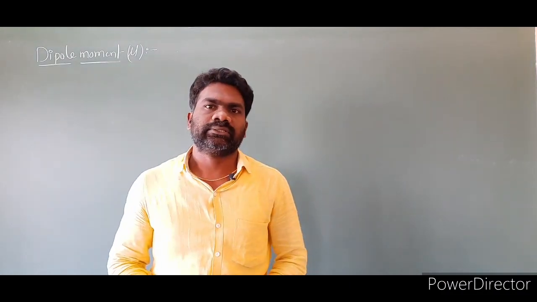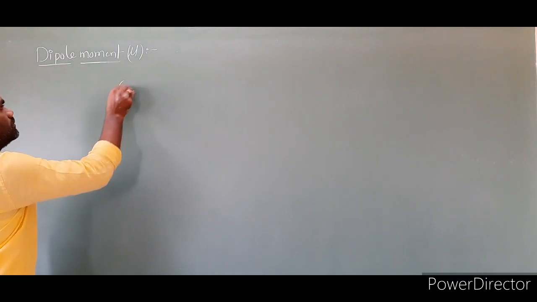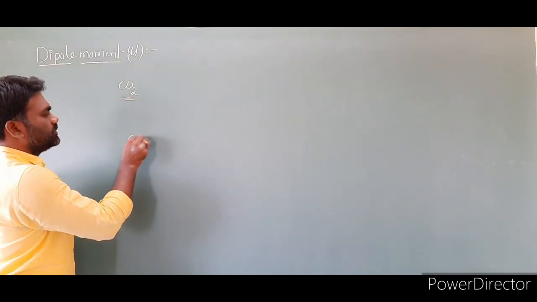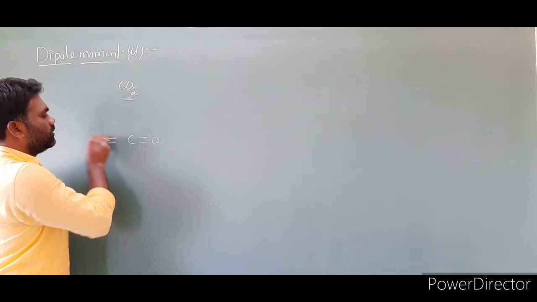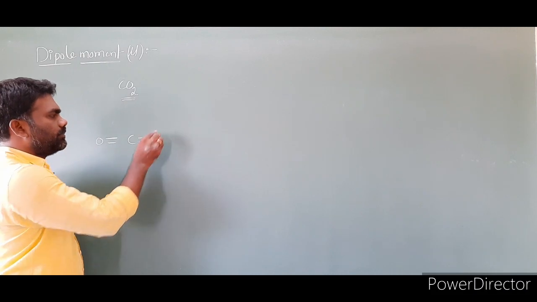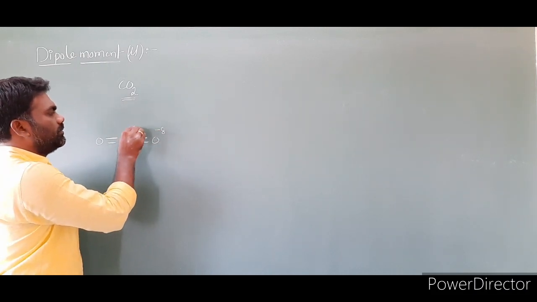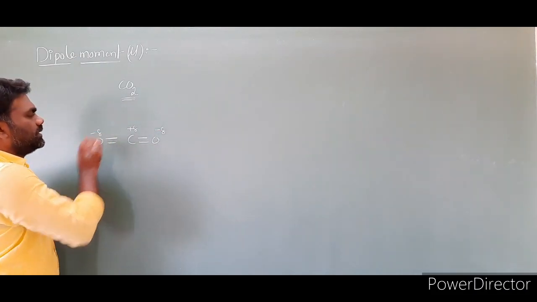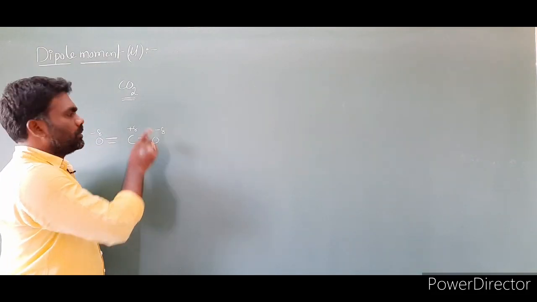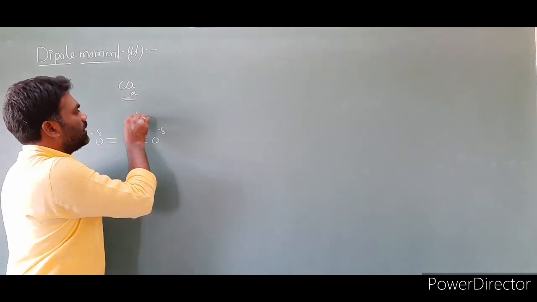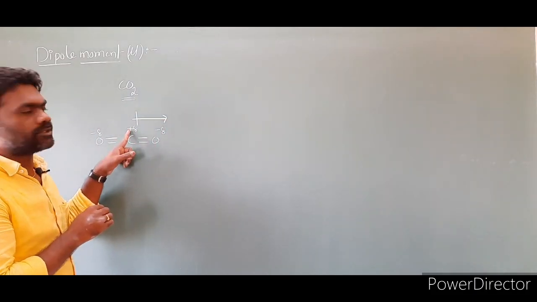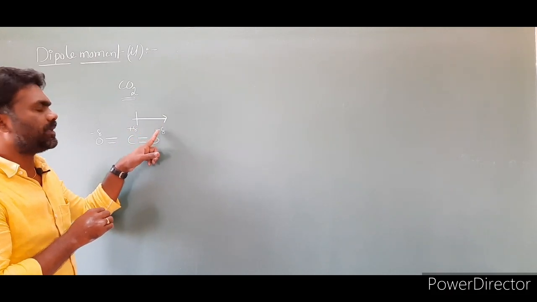The next example is the CO2 molecule. First we have to draw the structure of CO2. C double bond O, double bond O. Clear? Then oxygen is more electronegative when compared to carbon. This is partial negative, this is partial positive, this is partial negative. Then we have to draw the bond dipoles of this C and O. Then we have to draw the crossed arrow, so the cross is on the partial positive and the arrowhead is on the partial negative.